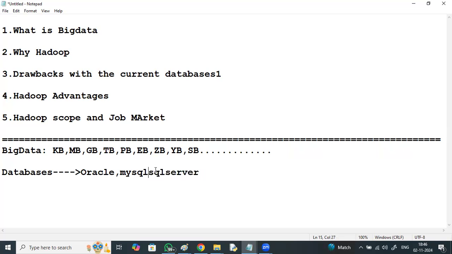All these are used for OLTP, online transactional processing, for day-to-day operations, right?